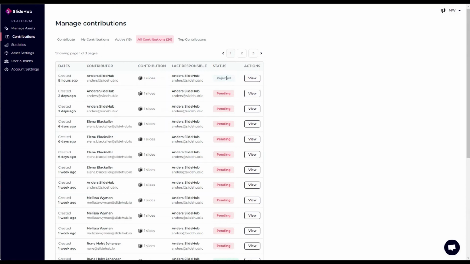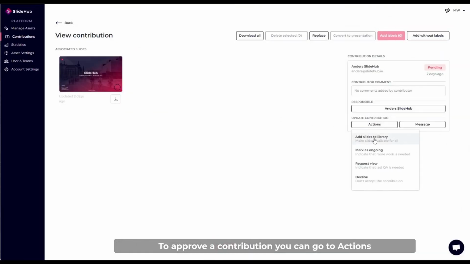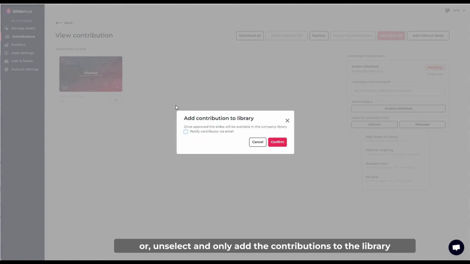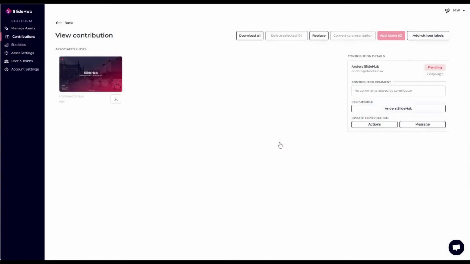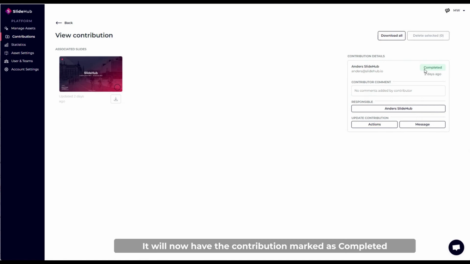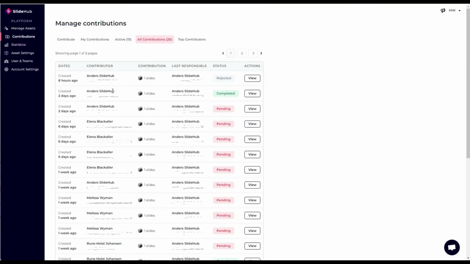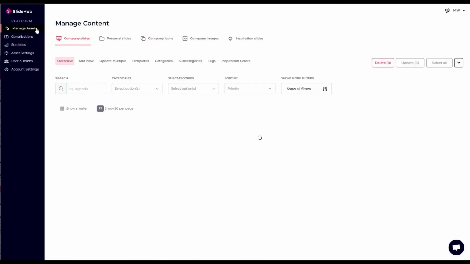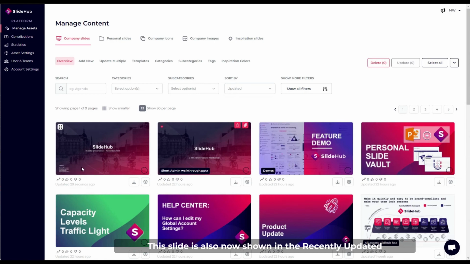rejected. To approve a contribution, you can go to Actions and mark Add Slides to Library, and it will notify the contributor via email if you also choose to do so, or unselect and only add the contributions to the library. It will now have the contribution marked as completed, and you can also see it in the All Contributions tab. This slide is also now shown in the recently updated, and you can see it's now in your overall view